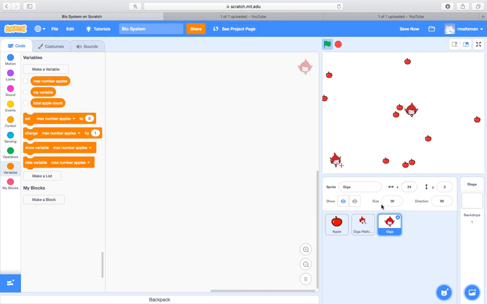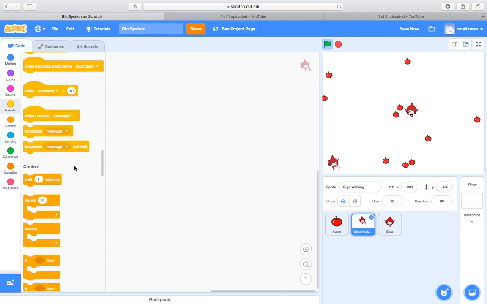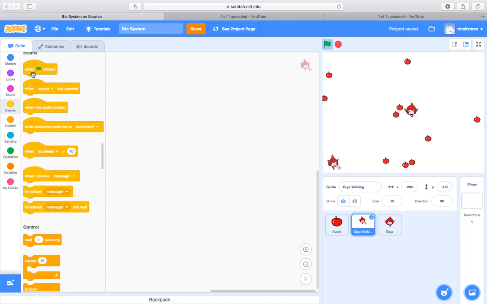So the first thing I need to do is figure out what my functions are going to be with my Giga. Remember when we were talking about user interface design, I want to do something so that when my mouse is over her, she fades out, so you can tell that I'm about to click on her. So let's go ahead and start coding her, or the button rather. And the first thing I'm going to do is say when this is clicked,